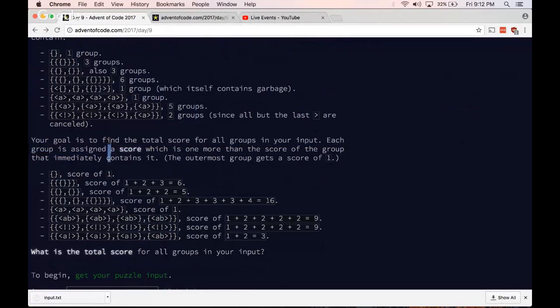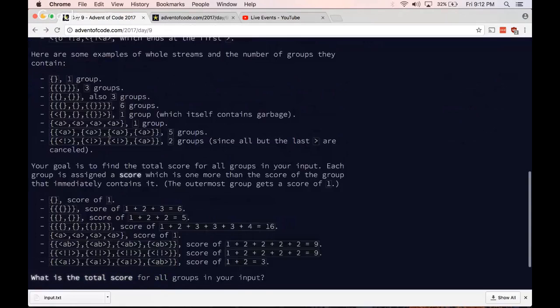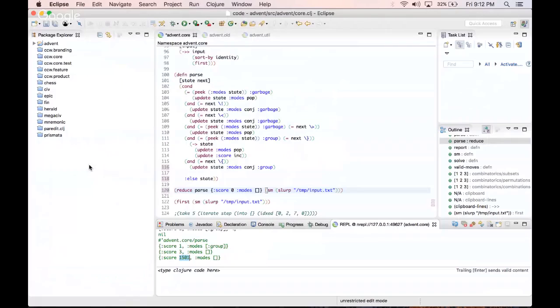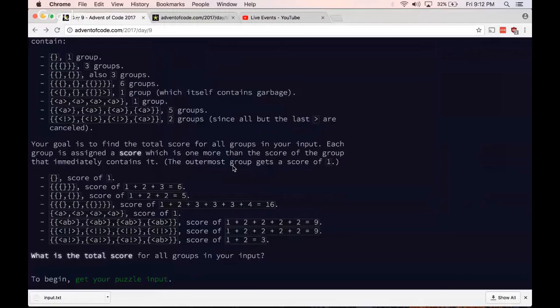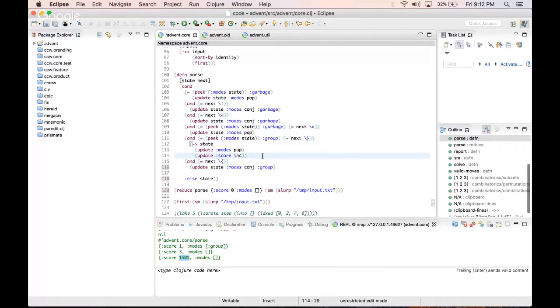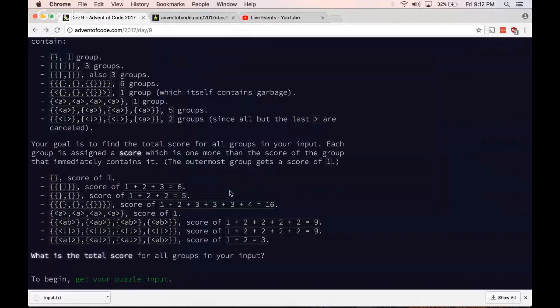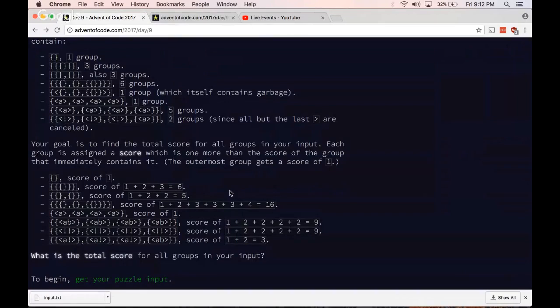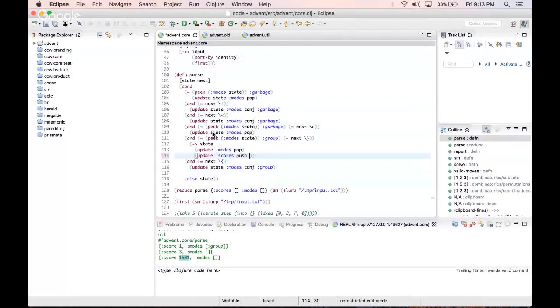So each group is assigned a score, which is one more than the group. Oh, I see. So okay, one more than the score of the group that immediately contains it. Ah, I think I get it. Yeah, all right. So maybe something like we need scores here like this, and then we need to update scores using like a push. The group that immediately contains it. So the outermost group gets a score of 1. Outermost group, okay. Each group is assigned a score which is 1 more than the score of the group that immediately contains it. Okay,